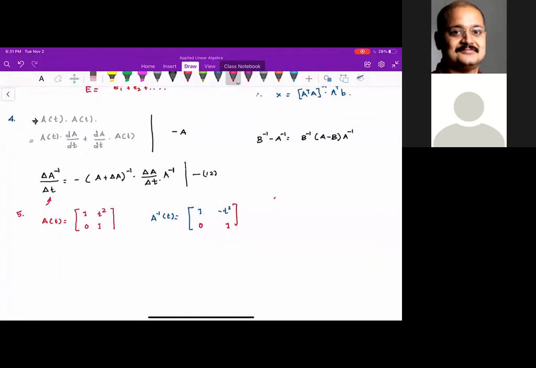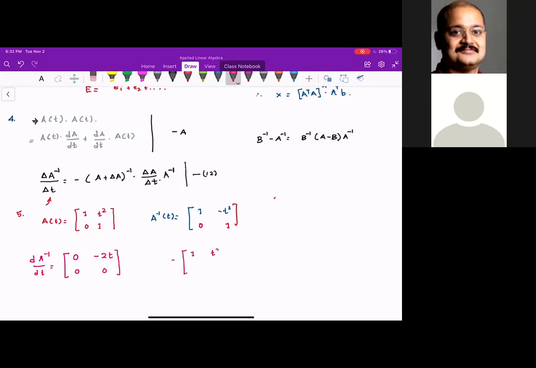So dA inverse by dt is minus A inverse dA by dt multiplied by A inverse. So you need to show that this is minus